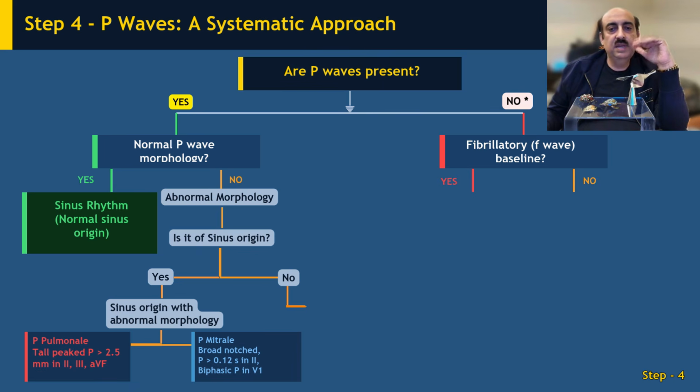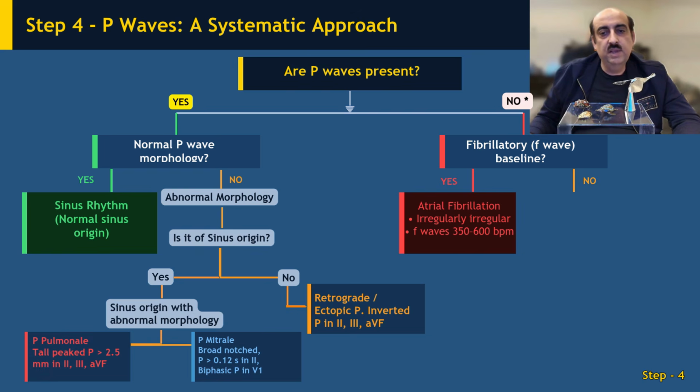And then, for our first question, are P waves present? We headed towards the yes side. If the answer to that is no, then the next question is, do we have fibrillatory or F waves present in the baseline of the ECG? The two options are yes and no. And if the fibrillatory or F waves are present in the baseline, then it's likely atrial fibrillation, which is irregular,